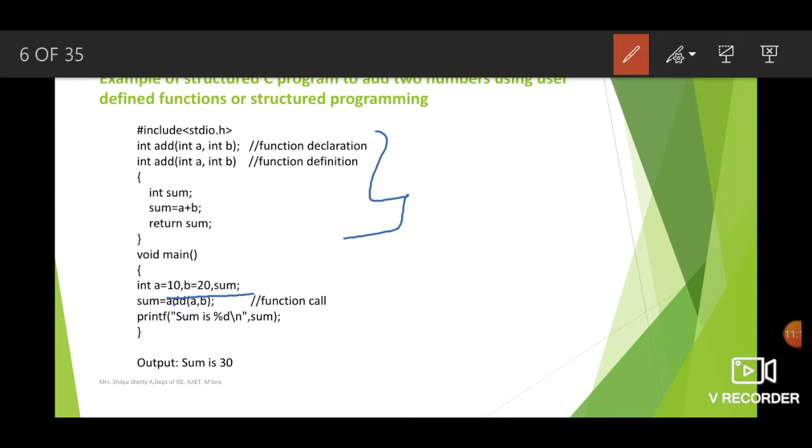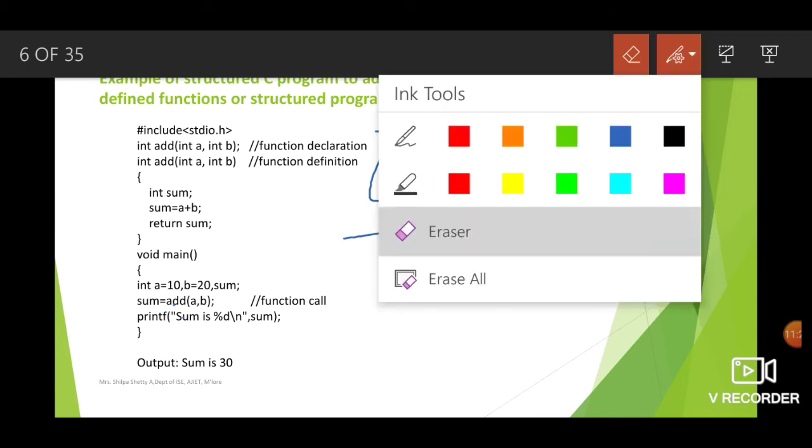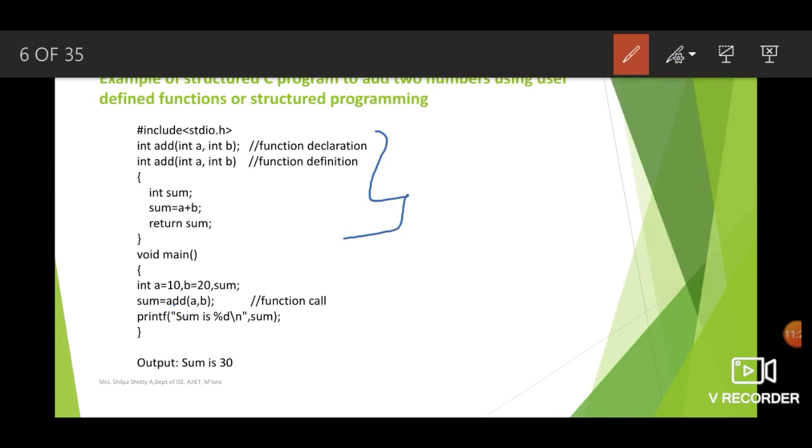So this line here, whatever we have written, that is sum is equal to add a comma b, is called a function call. It means that there is a function called add that is defined by us.